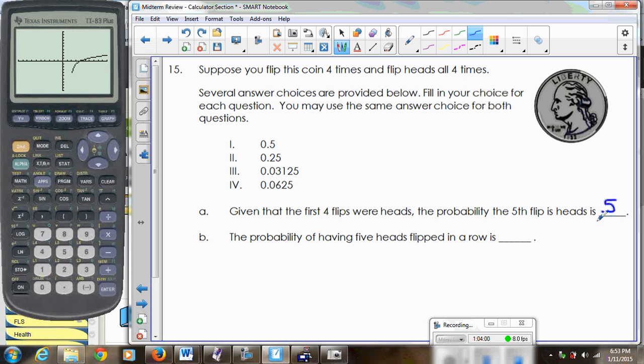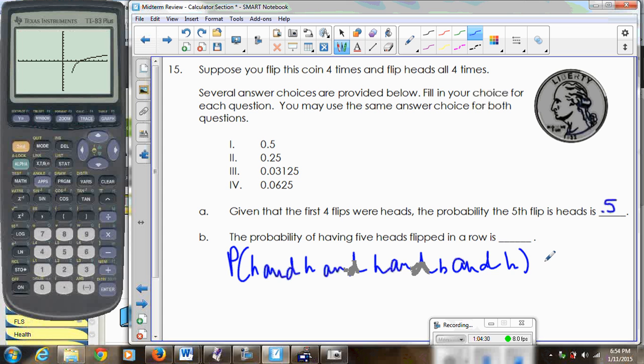Now, part B is asking a different question. It's asking, what is the probability of having 5 heads flipped in a row? So this is a little bit different. I can flip 4 heads. The chance of getting another head is still 0.5. But if I'm really trying to figure out the probability of having a string of 5 heads in a row, I've got to think about the probability of heads and heads and heads and heads. How many is that? 1, 2, 3, 4,